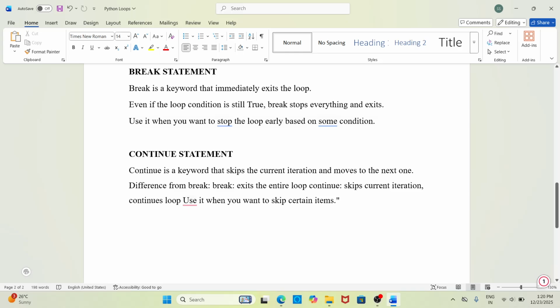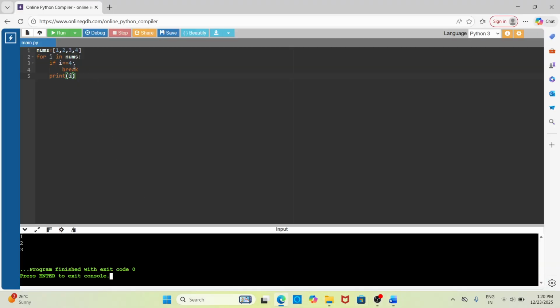Next we go to the continue statement. It is also a keyword that skips the current iteration and moves to the next iteration. For example, here in the break statement, if we take 2, it prints the 1 and stops the execution. But in the continue statement, if we write continue,